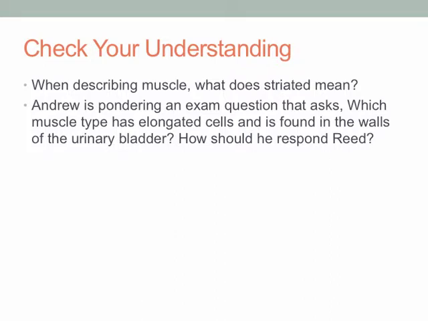All right, guys, let's check our understanding. When describing muscle, what does striated mean? Do you guys remember what striated means? Think back to skeletal and cardiac muscle, where it has alternating dark and light bands running perpendicular to the axis of the muscle cells. This is formed by the filaments inside of the muscle cells that cause the muscles to contract